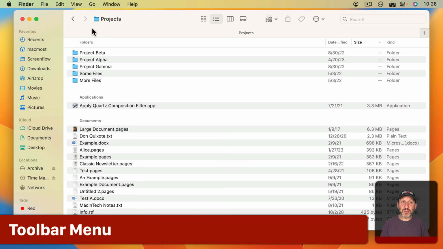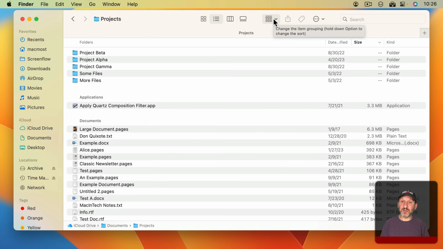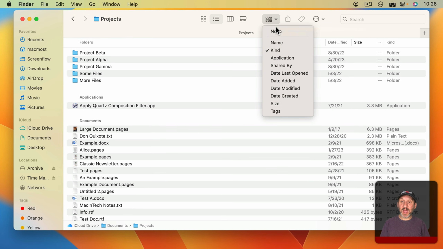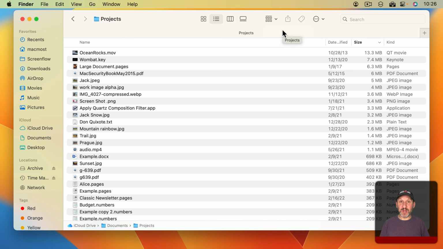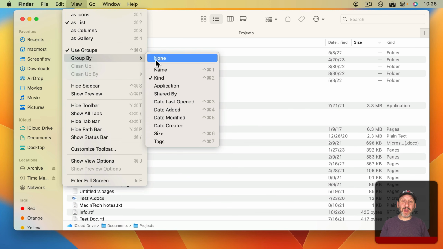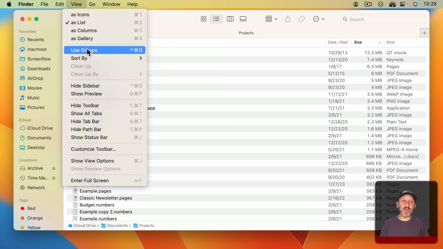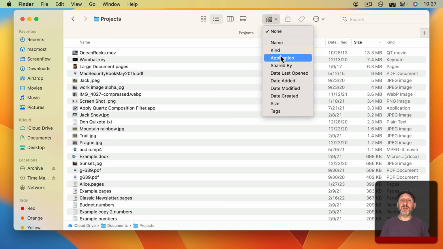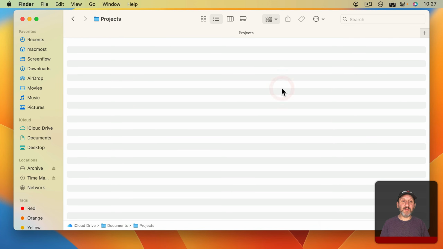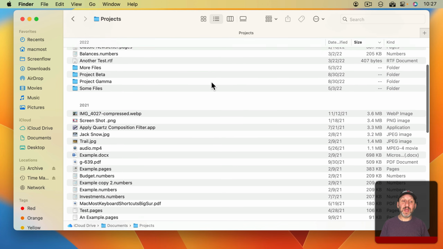and images. Now note you don't always have to go to the View menu here to change the groupings. You can go here to this little icon in the toolbar, click on that, and you can choose the grouping there. If you set it to none either here or in the View menu, it basically turns grouping off. So I can go to View, Use Groups, and then when I go to View Group By, if I say None, it's the same thing as turning groups off. You can see it's off there. Once it's off, then selecting one of these in the toolbar, like Date Modified, will turn grouping on and set